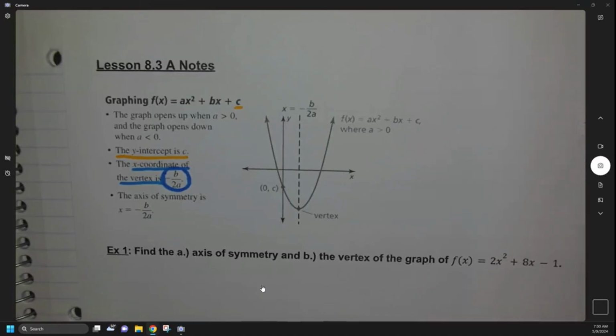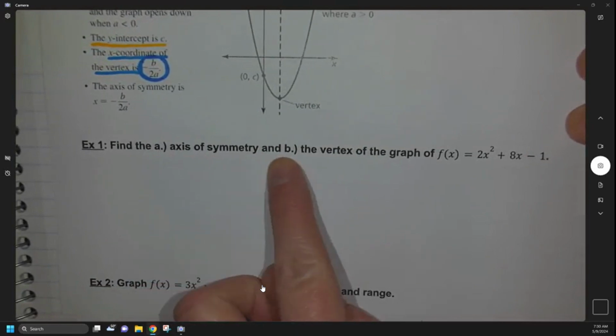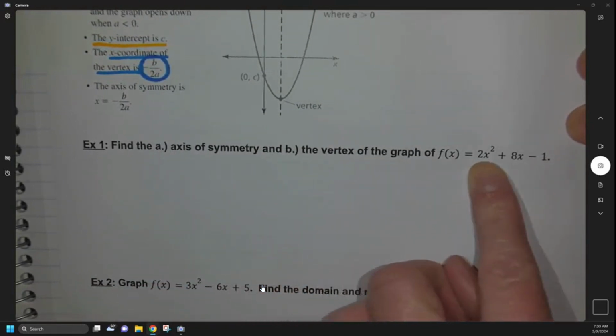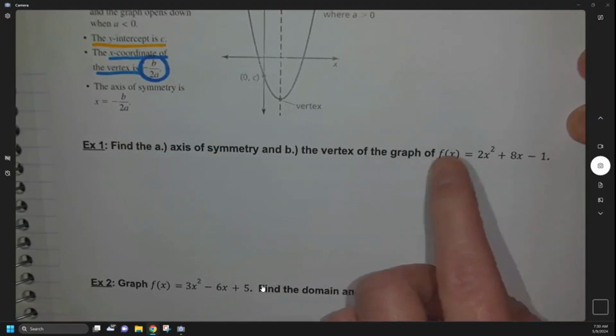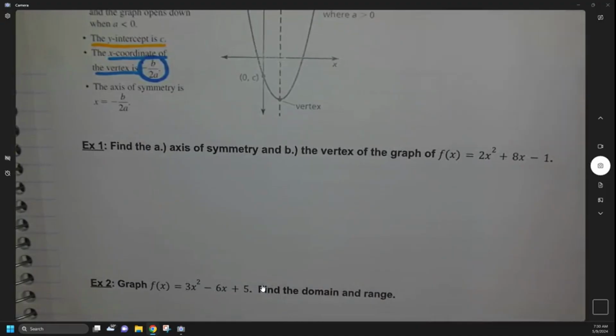So let's look at example 1. In example 1, it says find the axis of symmetry and the vertex of the graph for this equation. So f of x equals 2x squared plus 8x minus 1. So we're going to start by finding that axis of symmetry. So for part A,